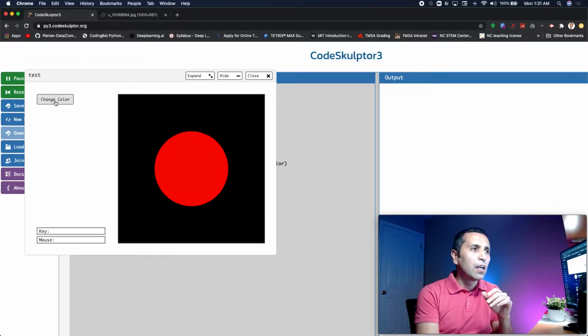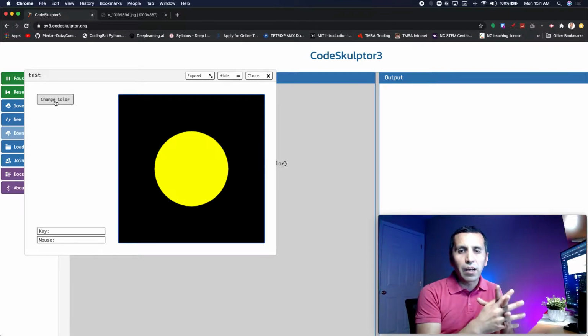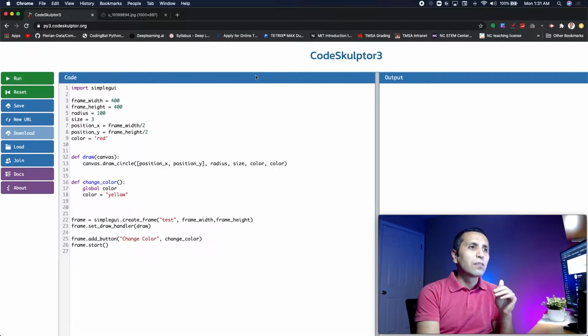So that is the button. If I click my button, it has a function. It changed the colors now. So let me just analyze what we have. Right now I just created my frame. That is the name of the frame,